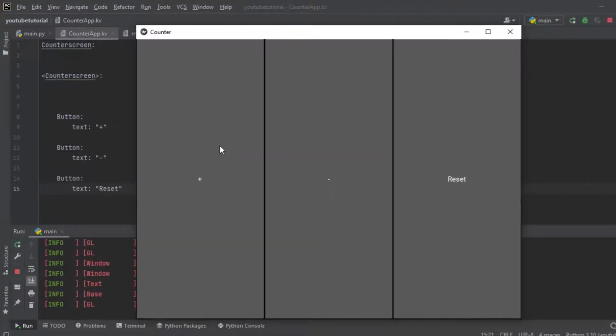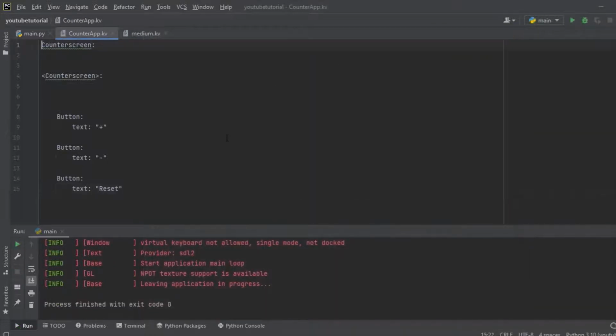Now let's add one more thing. I don't think we need to add anything. Okay, let's add one more thing, which is the text, where it is going to be displaying 0, 1, or 2. So let's add that one. For us to add the text on the screen,